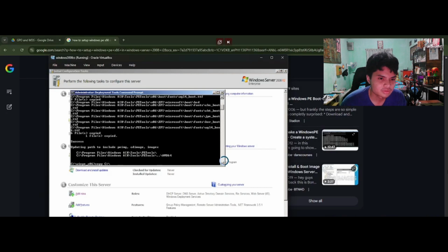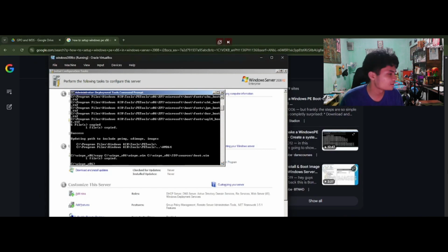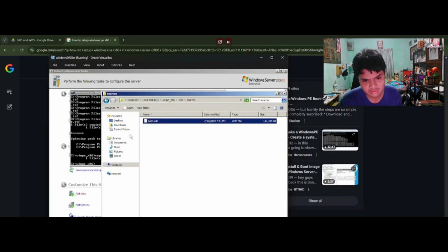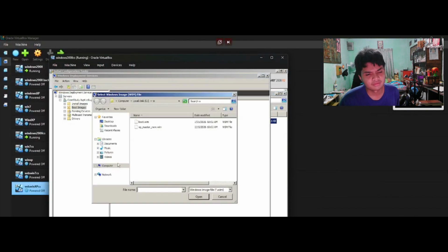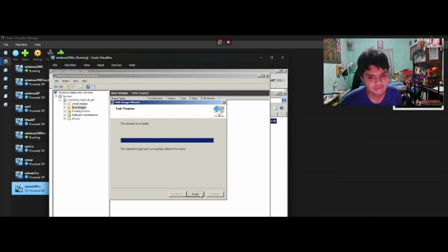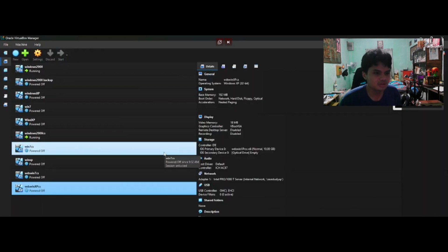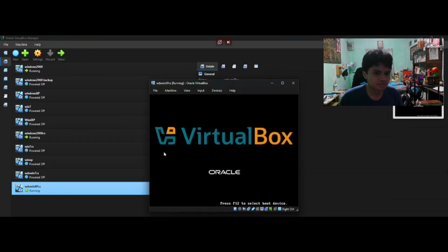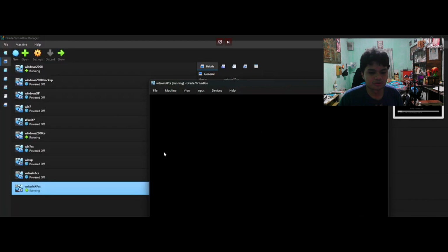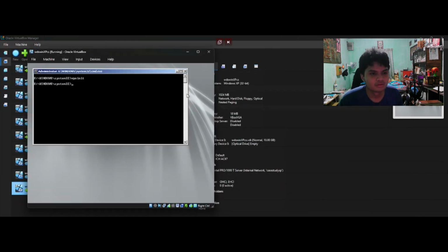What we need to do is just wait as it copies the sources of the automatic installation kit. Go to the server, then choose boot. It's going to turn on with Windows PE. Then create another Windows XP server. Then it's going to open.